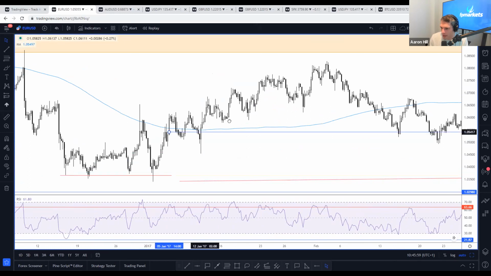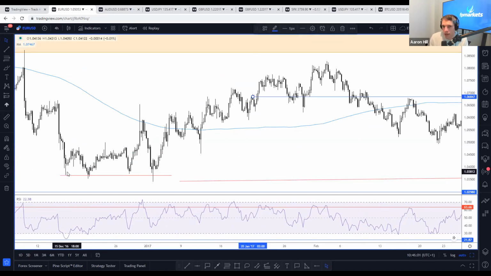Right, so let's get rid of this. This is your left shoulder. This is the same as on the daily time frame, right? So this is the left shoulder. This is the high. This is the bear trap. And this is the high. So at this point, we have a Quasimodo, right? Let me draw that on for you so we're understanding. We have leg 1, leg 2, leg 3, leg 4.